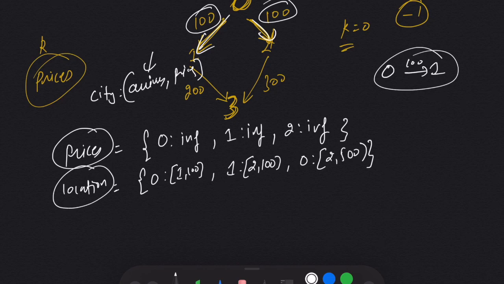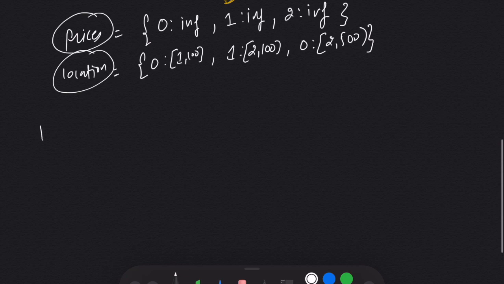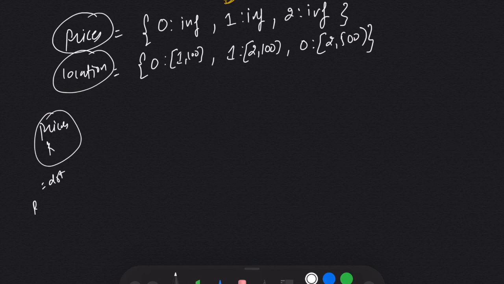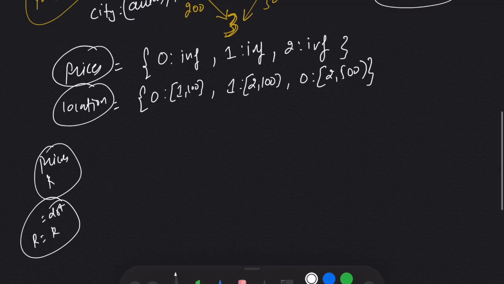And what do we need to do? We need to compare the prices at every position, starting from the source. So we'll start from the source. We'll keep comparing prices and k. At any point, if the city I am at right now is equal to the destination and my k is equal to k, in that scenario, I can end up and I can return the price for that position from my prices dictionary. So the idea here is that while moving forward, I will compare the prices to reach a particular destination.